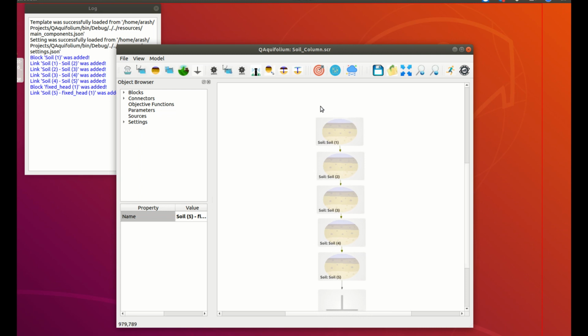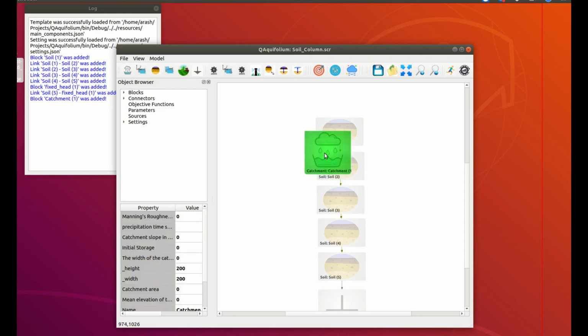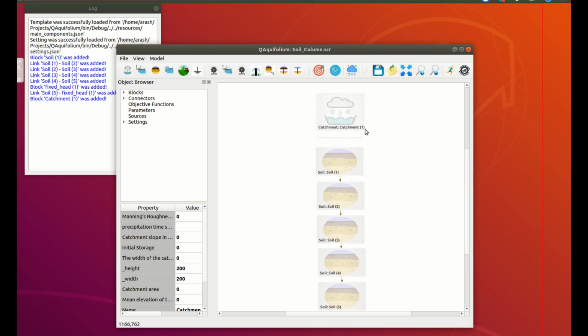Okay, so next thing, I want to do this simulation over a long time, and I want to basically simulate the effect of just precipitation. So what I'm going to do is add a catchment at the top of the system, and then I will assume that there will be some precipitation over the catchment. The precipitation can be accumulated in the catchment and then can infiltrate into the soil. So I will now add a catchment right here. I'm going to put the catchment right there,